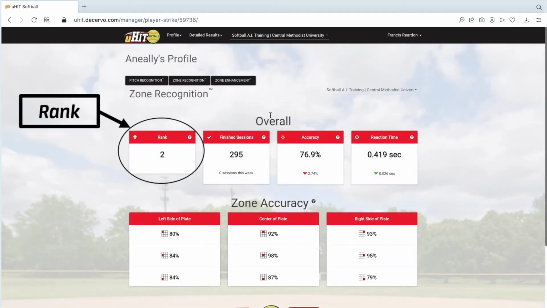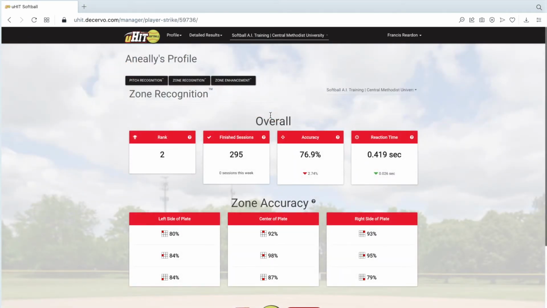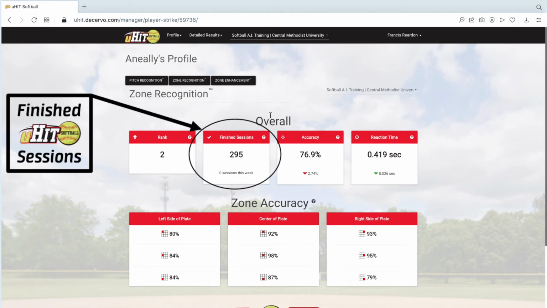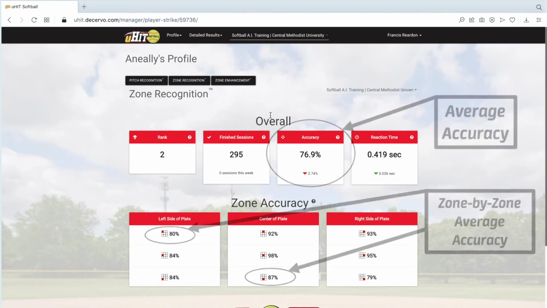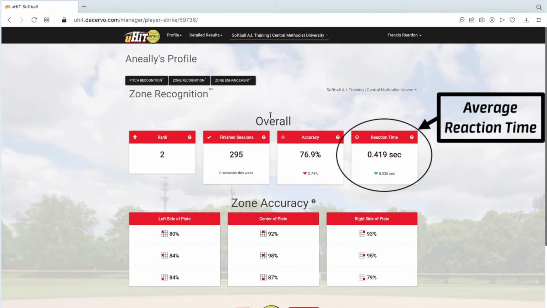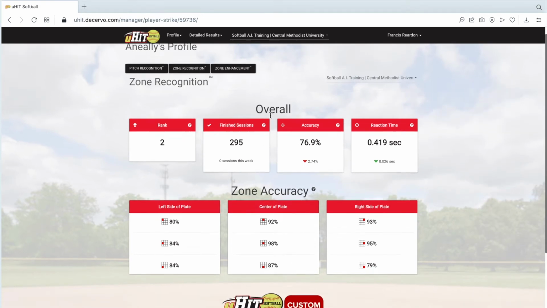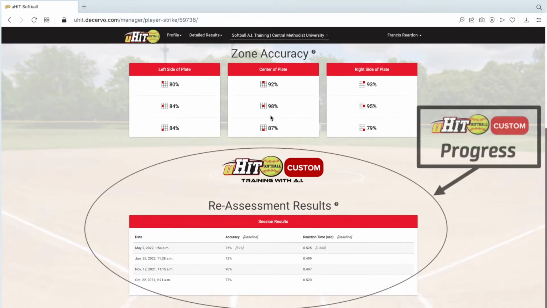Starting from the top, we have the player's rank within his or her team, how many finished uHIT sessions to date, what the player's average accuracy is in zone recognition, and what the player's average reaction time is for balls in the zone. When we scroll down, we see the progress the player has made in his or her uHIT